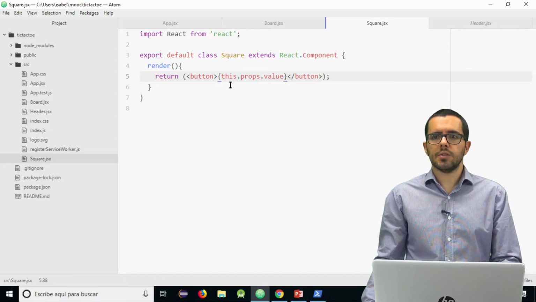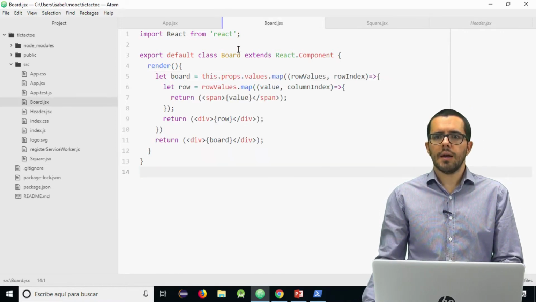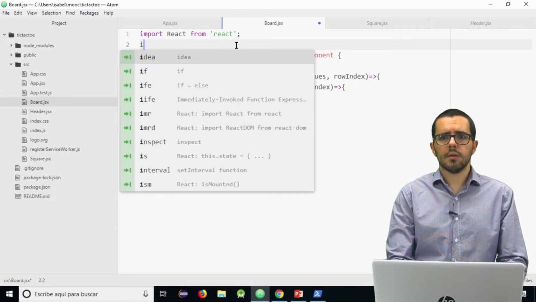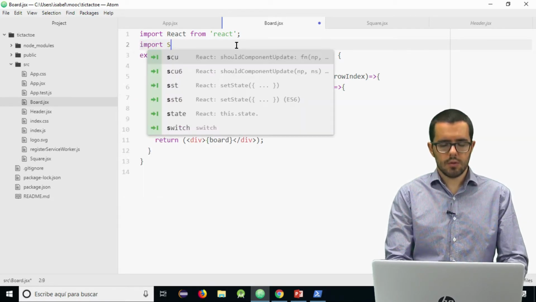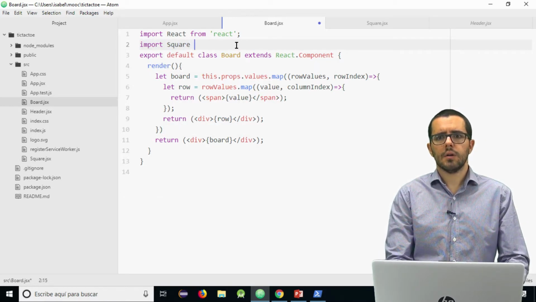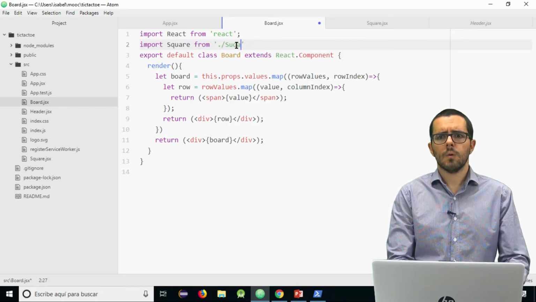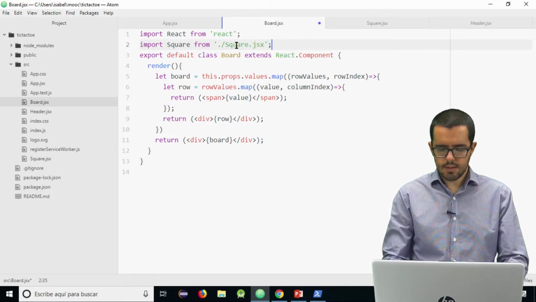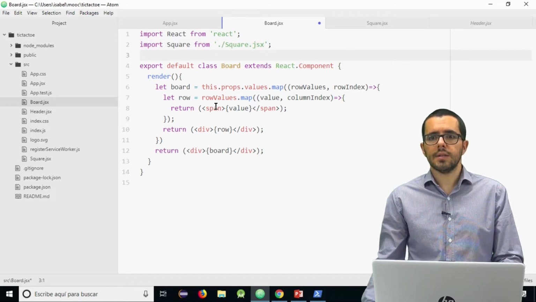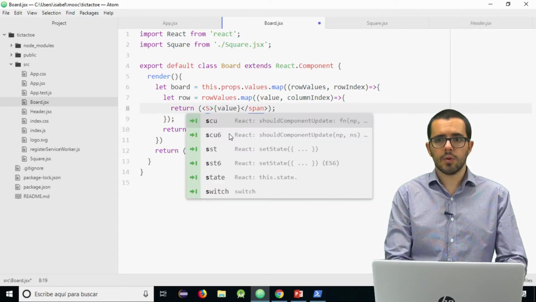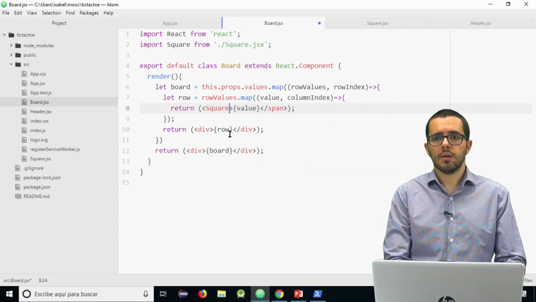It is also a presentational component. And in the board, to be able to use it, we only have to import square from square.jsx, and now here, instead of a span, we only have to render this square,